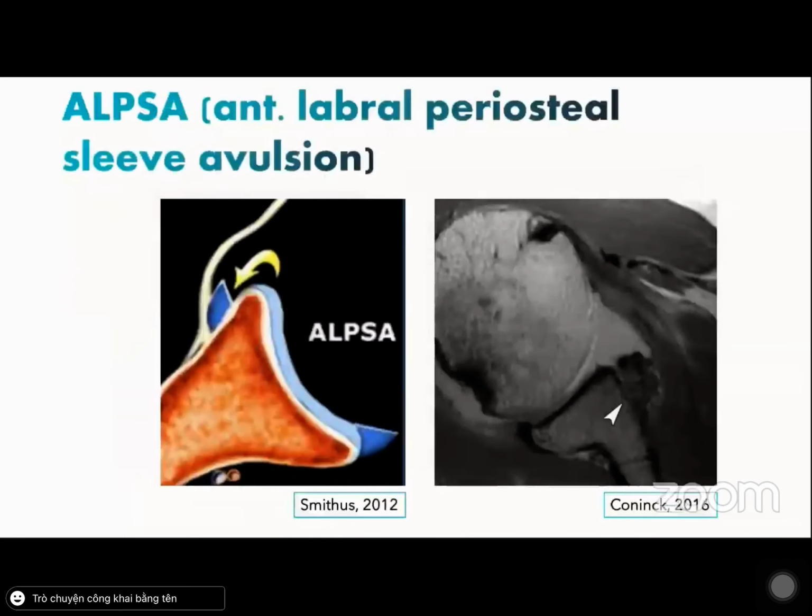Next, we move on to the ALPSA lesion, or the anterior labral periosteal sleeve avulsion. The ALPSA lesion is more common in chronic instability and may arise from a previous Perthes lesion. With repeated dislocation or subluxation, the labral ligamentous complex retracts medially within the intact periosteal sleeve, rolling up like a shirt sleeve. It can scar down to the glenoid neck and become immobile, as demonstrated in the axial imaging on